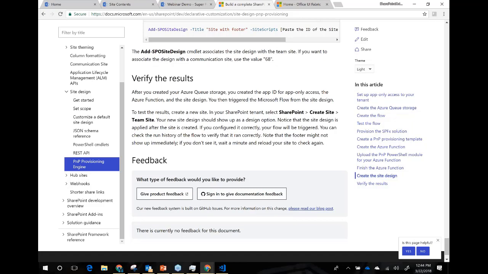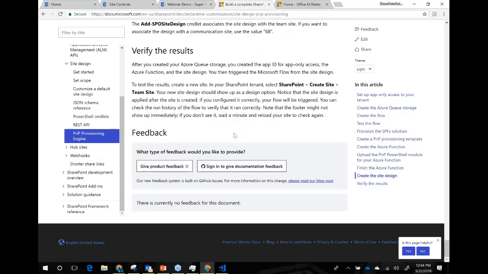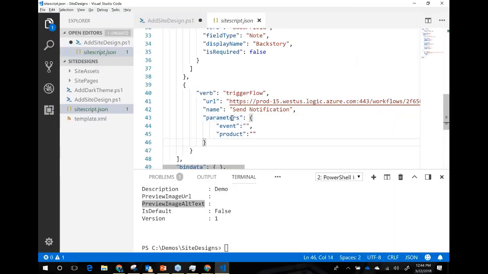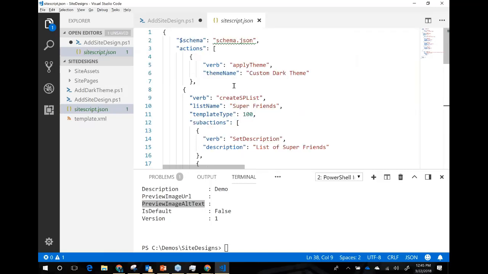One of the cool things about it is it's fairly simple. We have our site design and we have our site scripts, and then the scripts are just a set of actions. So not a whole lot that we need to be concerned with. The biggest area that I see there's a lack, and I'm hoping they come up with something to fix it soon, is that at the moment, if somebody wants to create a site design and a site script, they have to be, I'd say, comfortable at least with some coding practices, because we're going to be dealing with